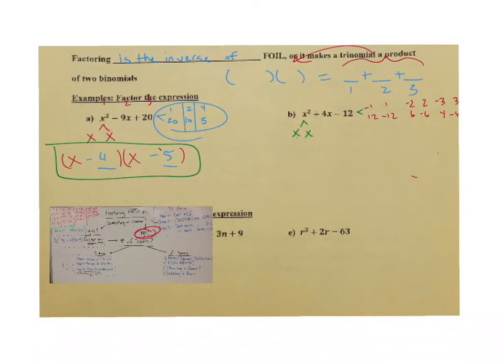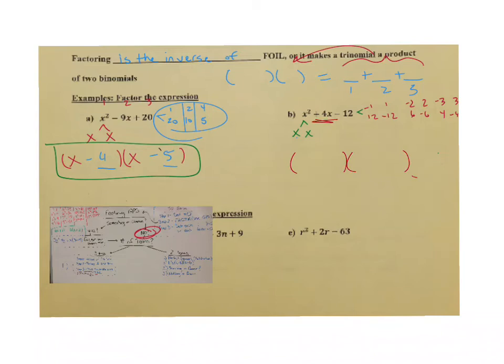All 1, 2, 3, 4, 5, 6 of these are possible combinations for this trinomial. Only one of them will work. So all 6 of them will give me a slightly different trinomial. If I told you to multiply all 6 of these out, if you built them and then multiplied them, they would all give you slightly different trinomials. So I need to find the one trinomial that will give me